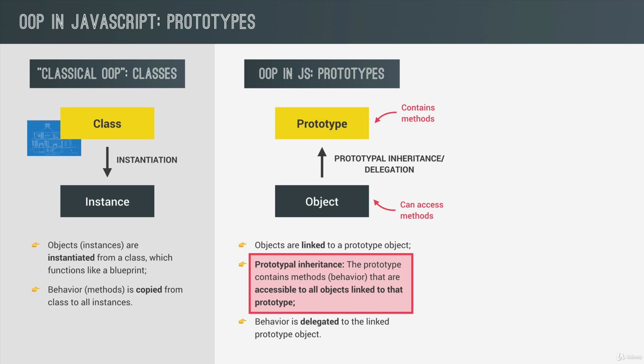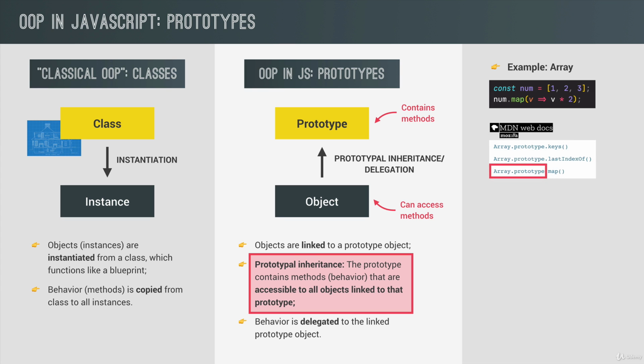So after you have actually seen how they work in practice, by then I'm sure that all this will make 100% sense to you. But anyway, we have actually already seen this mechanism in action many times before, but without knowing that it was happening. For example, each time that we use an array method like map, we are able to use that method because of prototypal inheritance. So when you go to MDN to check the documentation for any array method, what you will see there is that it's actually called